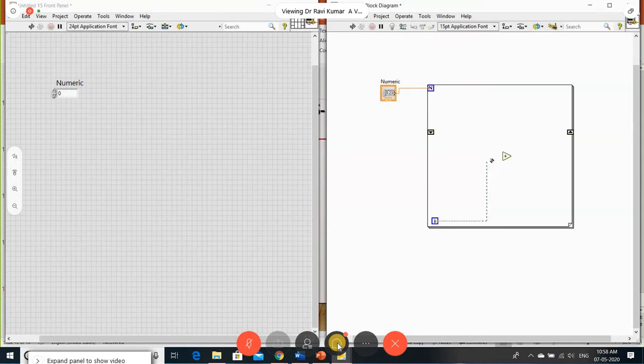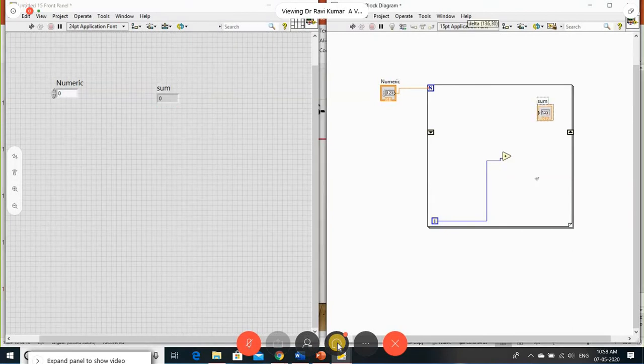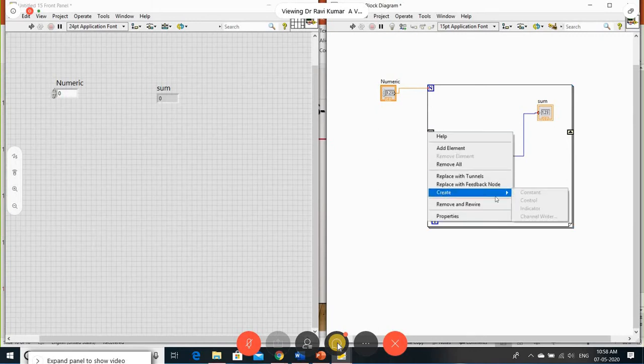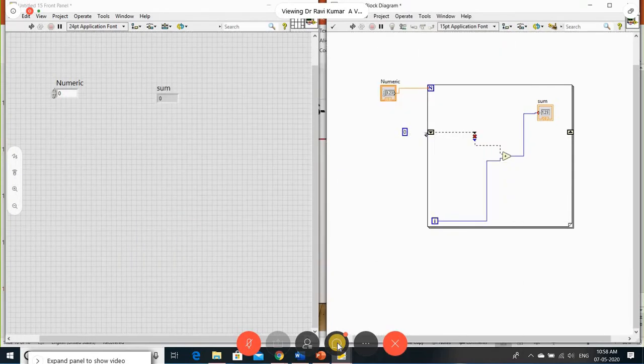First the i value, and this is your sum number, and take an indicator. This is your sum. I connected to sum. Now I want that previous element. I've taken this previous element, and you want it initialized, so create a constant. So I initialize it to 0 now.